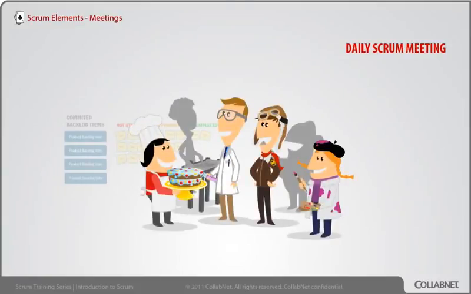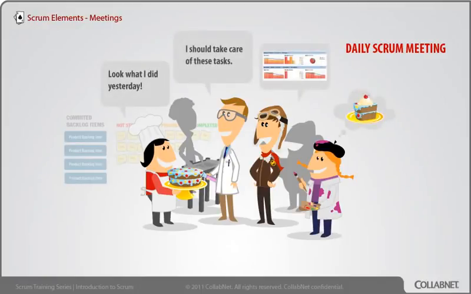If we're collaborating, we're meeting all the time, of course, but this one official meeting is defined where we stand up and report to each other. We report to each other, not to the Scrum Master, not to the product owner, not to any kind of boss, but to the team. I report to the 6 other people that are my team members. I look them in the eye and tell them what I did yesterday. Here's what I did yesterday. And I tell them what I'm going to do today. And I tell them what impedes me, what are my blockers. Then I toss the ball to someone else on my team, and they give the same report to the rest of the team.